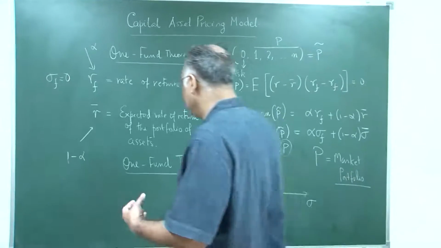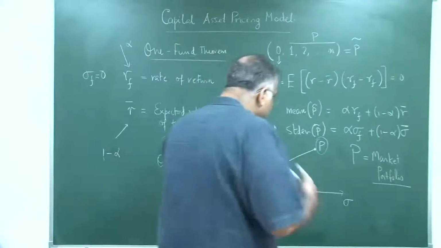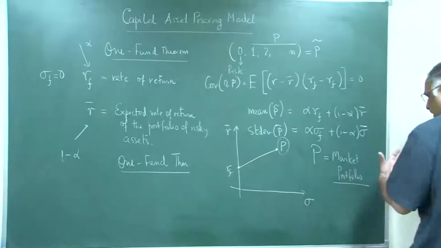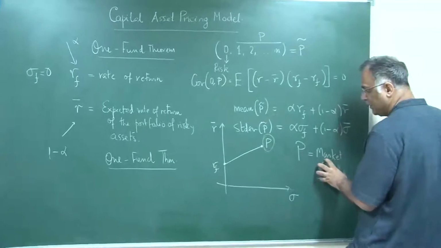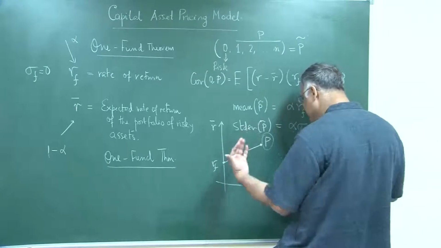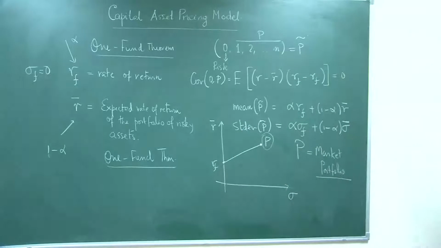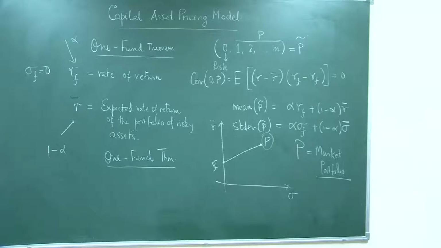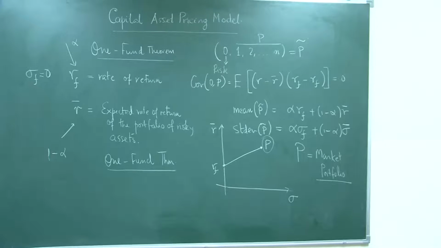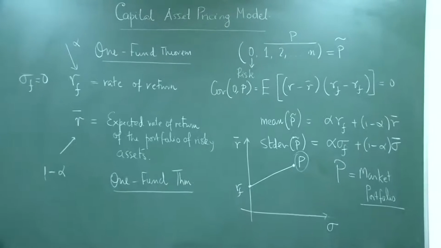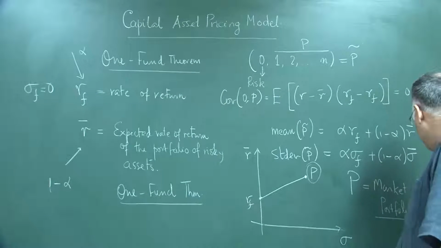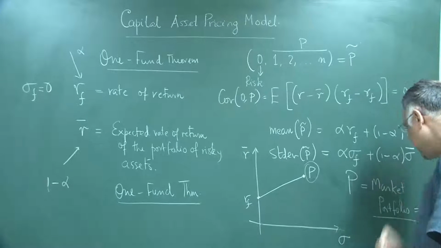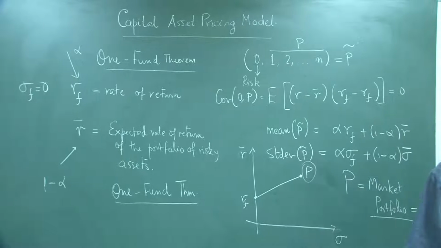So, if you take the market portfolio, that is what the capital asset pricing model says, that if you take the market portfolio and if you take a risk free asset, you can still generate an efficient portfolio, rather optimal portfolio, right, which will give you the minimum risk for the return. Of course, the mathematics can be done in a more detailed way using optimization like we had done earlier, but we are not going to get into the details. So, P is equal to the market portfolio, which we write as M. Our job would be now